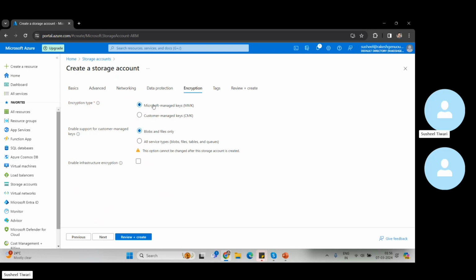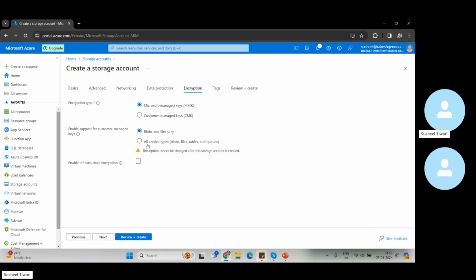Generally by default, I select this one. If you have customer managed keys or have created any managed keys, you can just select customer managed keys. Based on the keys you select, it is going to ask you to use this storage account